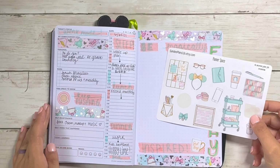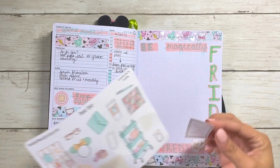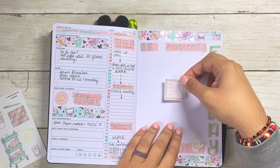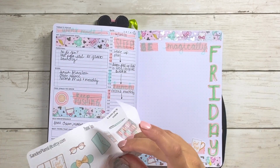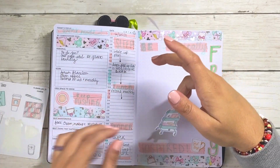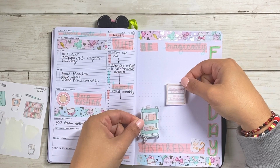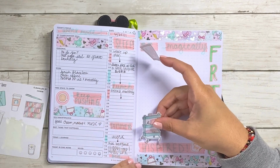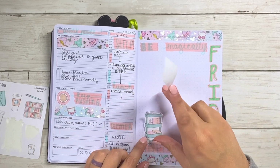So now what I want to do is go in and decorate. One thing I do know that I want to do is put this "Make Your Passion Your Paycheck" right in the center. Actually, now that I'm thinking about that, I might take this cart sticker. You know what, maybe I'll do it like this, and then I'll put the girl boss. Yeah, so I'm gonna put this down like so,